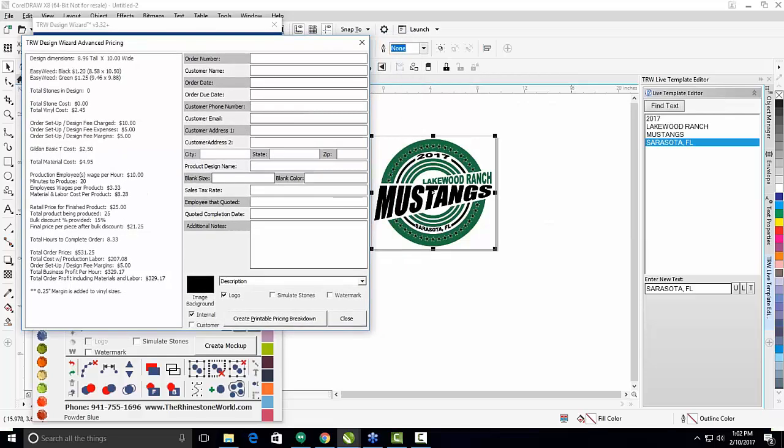All right, so you'll see the profit goes up a little bit. And now we have this information on our right-hand side that we need to fill out for either our personal records, or we can actually send this to or print this for the customer as well. So you can fill this out according to your order number. We'll just do 1, 2, 3. Customer name, order date, we'll do today,